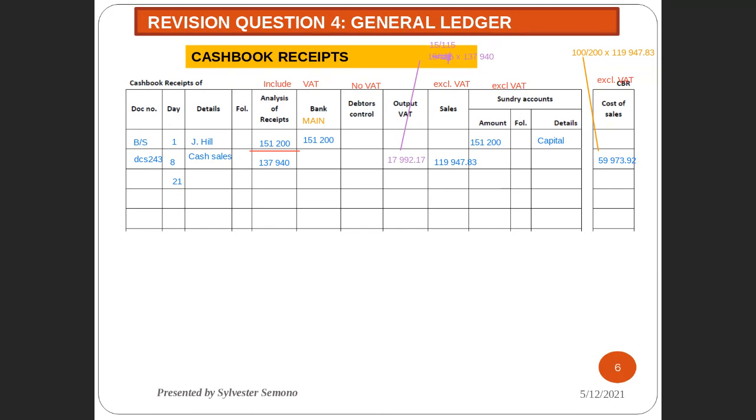GSC245. Thank you so much for that, guys. And then under details, Maya. Yes, you can write Maya, but I prefer to write cash sales, because next time they will end up not giving you the name. I prefer cash sales, guys. Always write cash sales. And then the amount was,